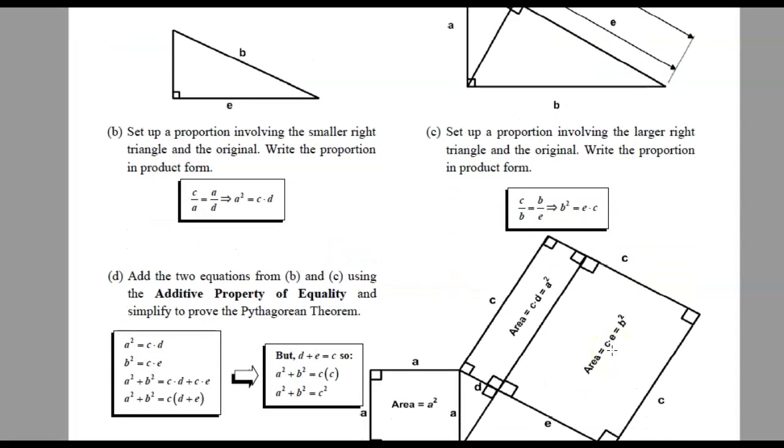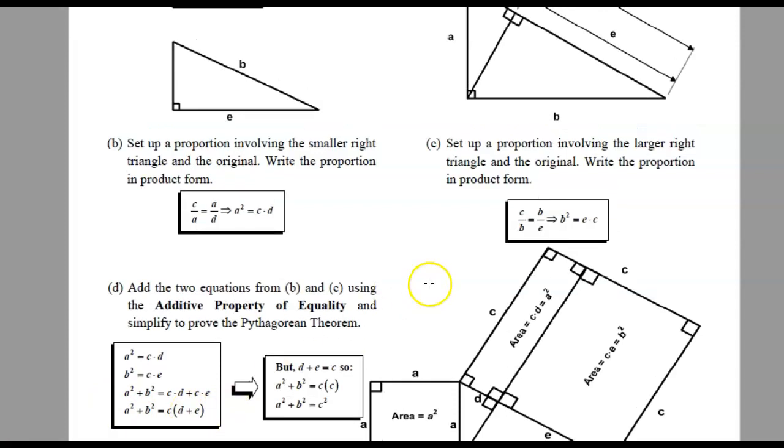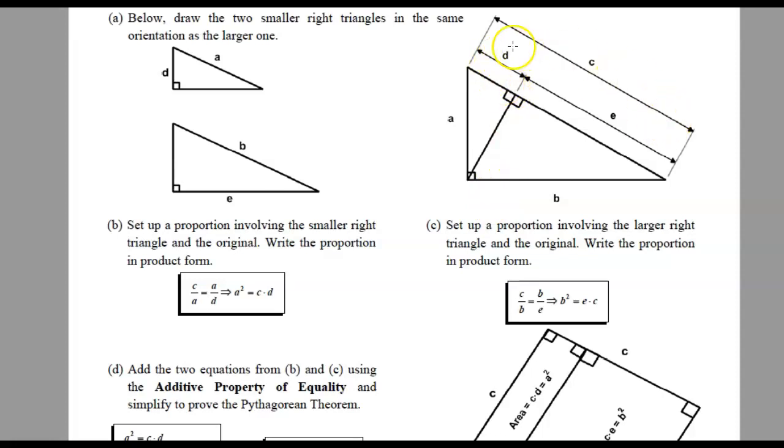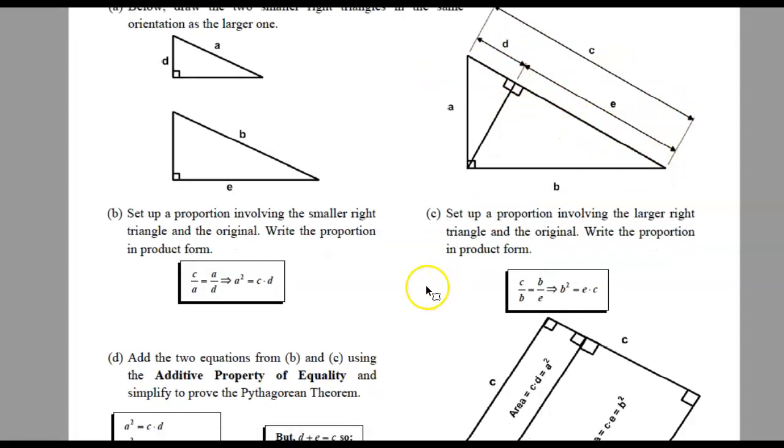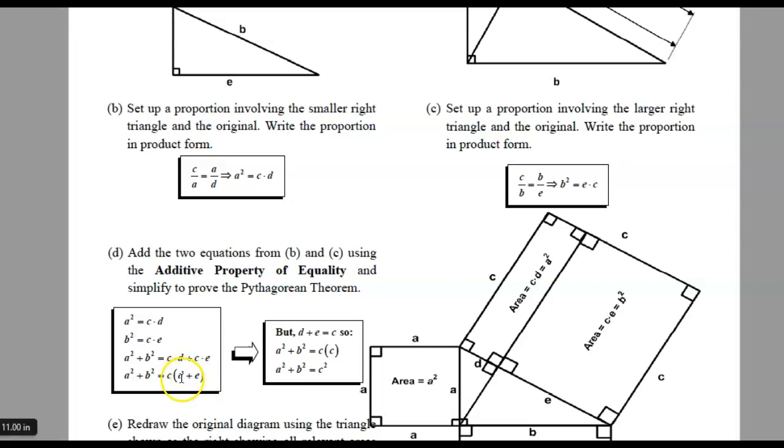If we add those two equations, A squared equals C times D plus B squared equals C times E, we would have A squared plus B squared equals CD plus CE. But that would factor, so that's C times D plus C times E. You can factor out a common term of C there. So there's the equation that we have at this point. We already know that D plus E is the same as C, because the original segment C was split into D plus E. If we replace that sum with another C, we'd have C squared on the right side, and that proves